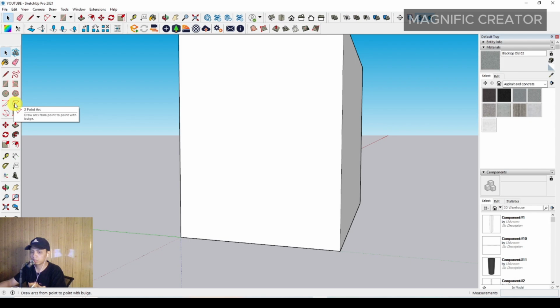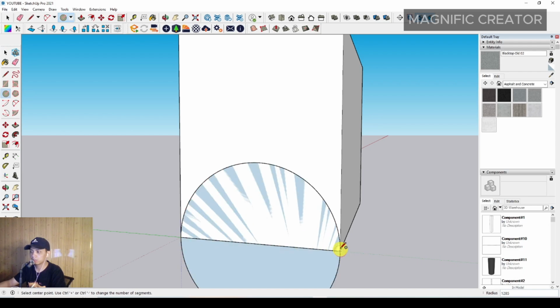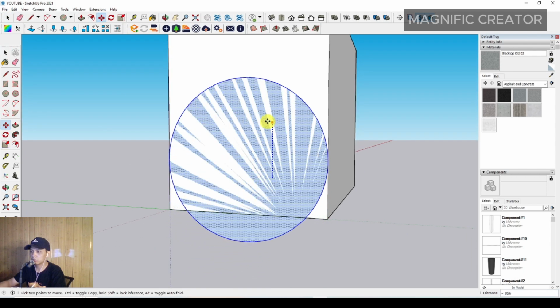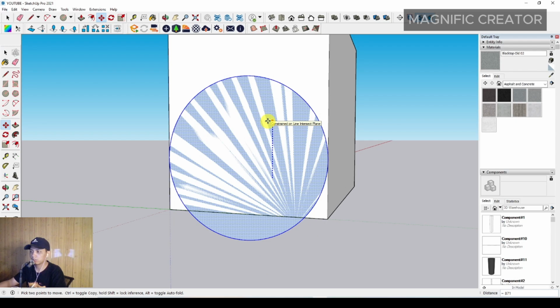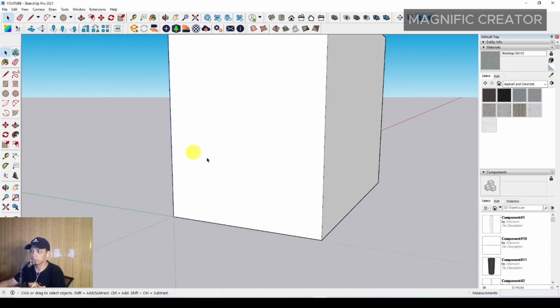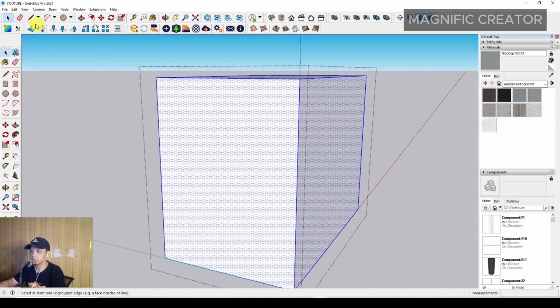with this 2-point arc, or maybe we can make a curvy shape with this circle, and we can place it on this, and we can move it just a little bit. Okay, something like this. Okay, then we have to edit, cut, and triple click on this group, and we have to